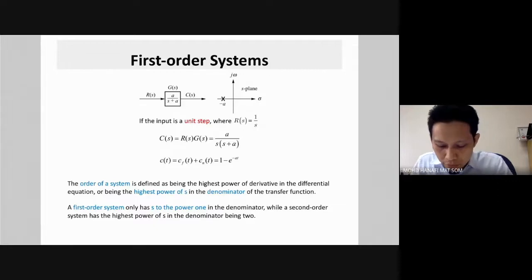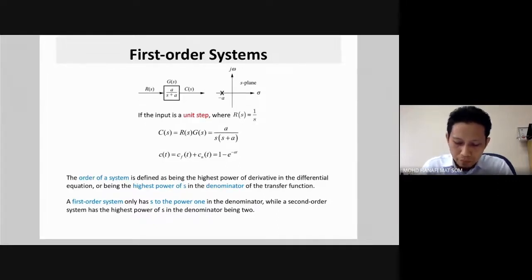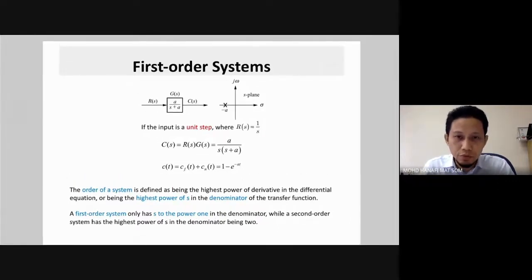And then we come to the first order system. So we have first order system and we have second order system. For the first order system, let's say we have a system G(s) equals A over S plus A. And if the input is a unit step where R(s) equals 1 over S, what we have here is